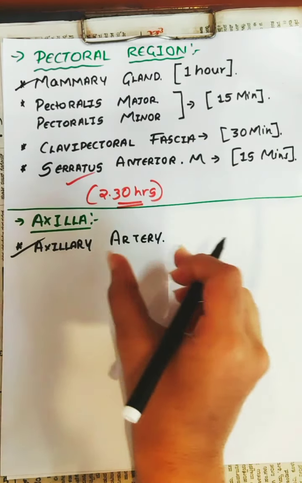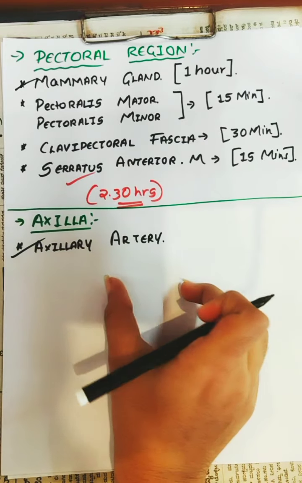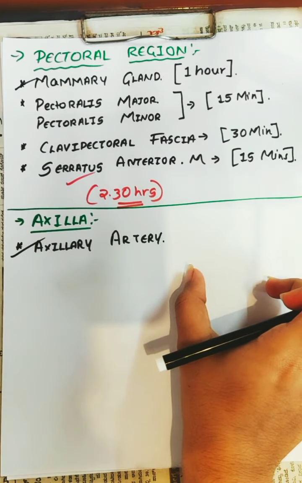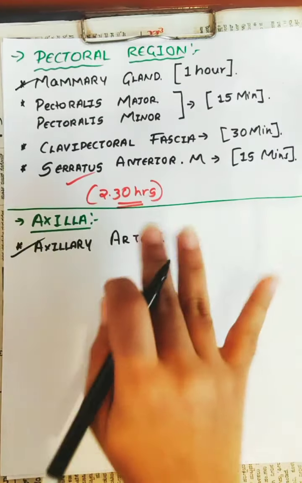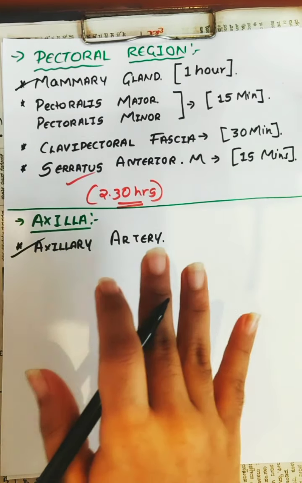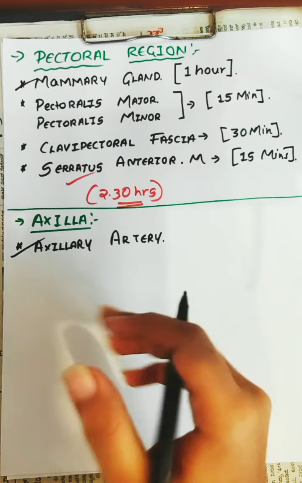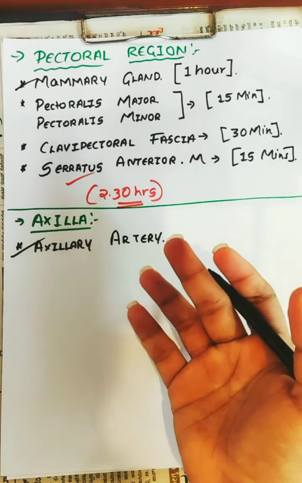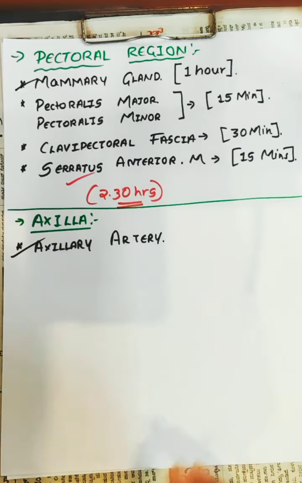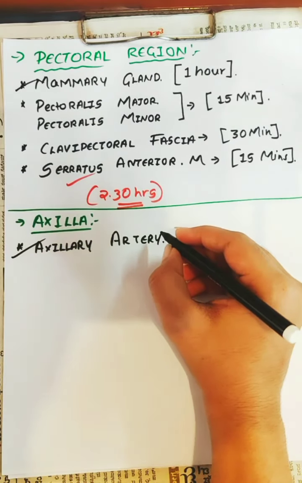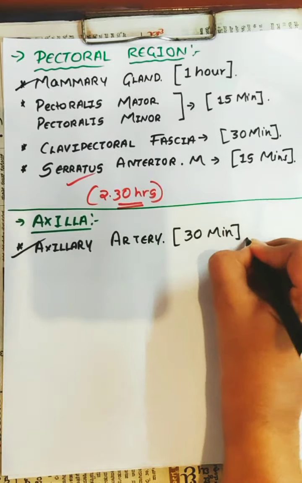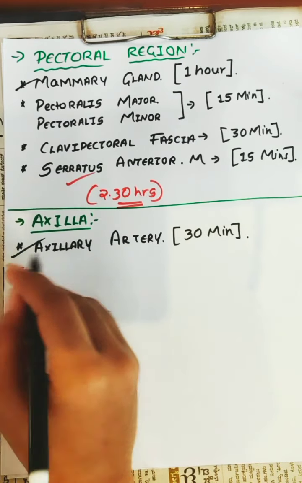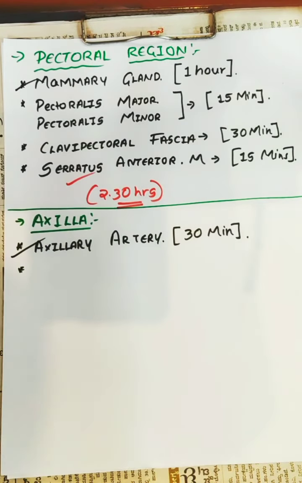There are different parts of the axillary artery: first part, second part, third part. So try to study deeply about the axillary artery with its diagram. See, in anatomy, you have to draw diagrams. Teachers usually get impressed by seeing your diagram rather than your writing. So try to compile this topic within 30 minutes. You have to keep a time limit before you start any topic.